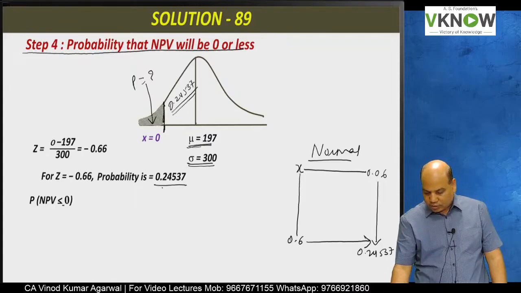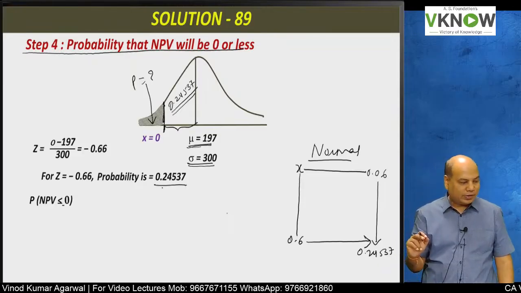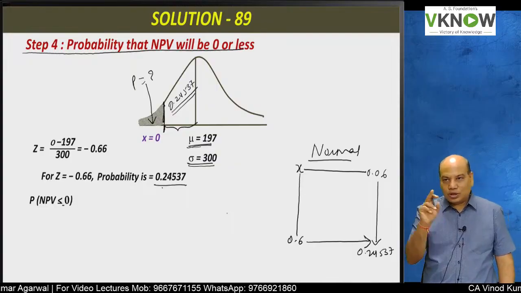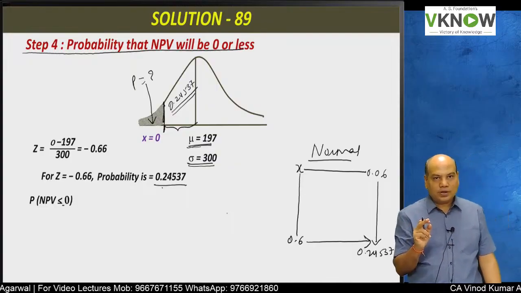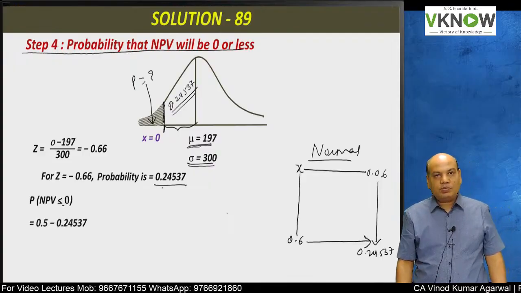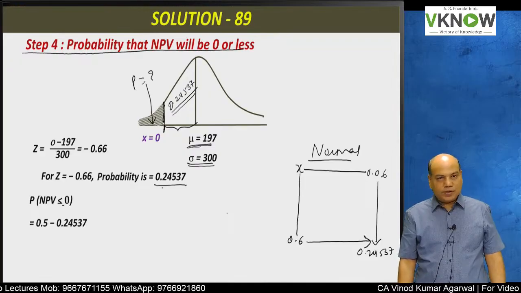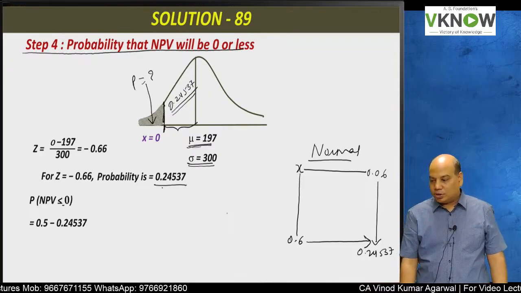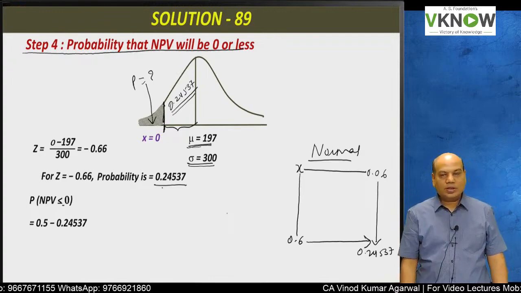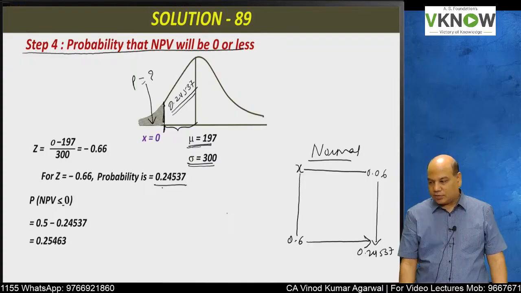0.24537 is the probability of a number between 0 and 197. I want less than 0. Total area on the left side is 0.5. Therefore, the probability that NPV will be less than or equal to 0 is 0.5 minus 0.24537. The answer is